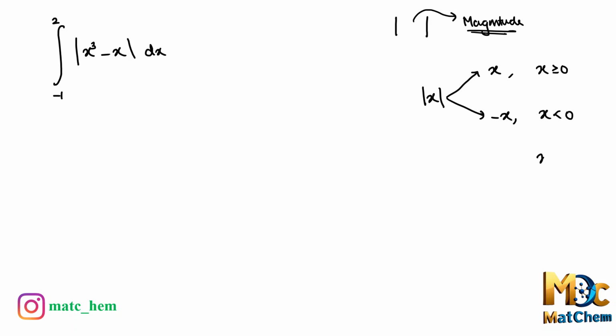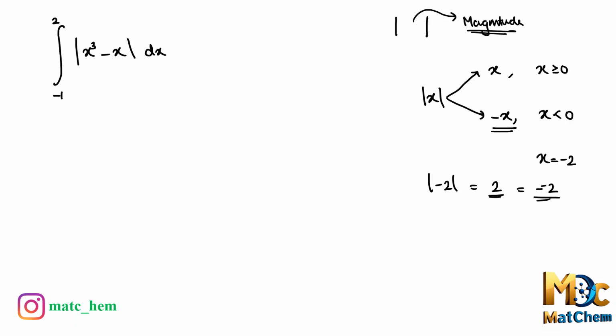Why? For example, if x is equal to -2, that means less than 0. If you take the modulus of -2, that is equal to 2. How are we getting 2? We take minus of -2. That is why we are taking minus x. Okay. So when you are taking x cube minus x,